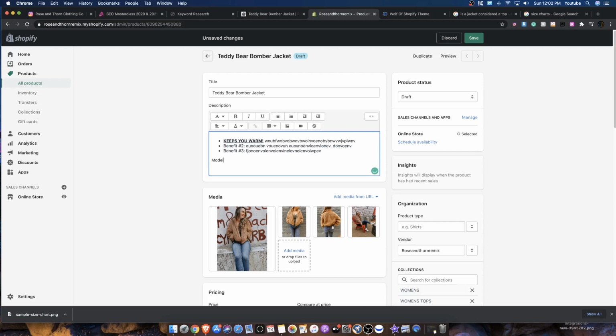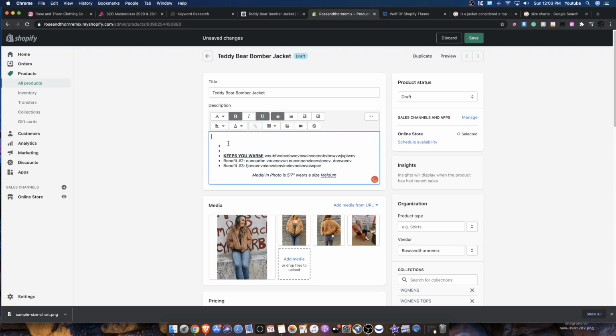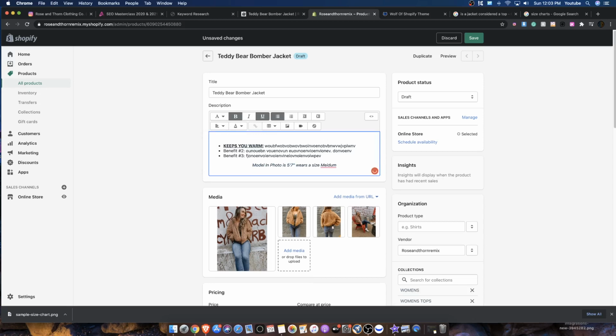This is under the description, of course. Model in photo is 5'7", right? 5'7". Wears a size medium. And I would put this in italics, right? And if you're going to center align the text, you could go ahead and do that. But what I would also do is make sure that, let's go ahead and do it like this,